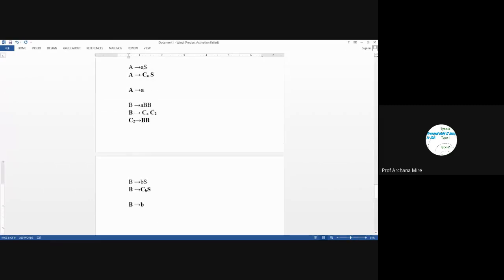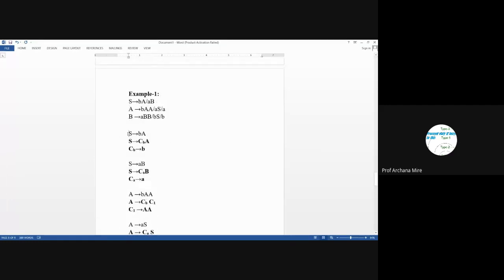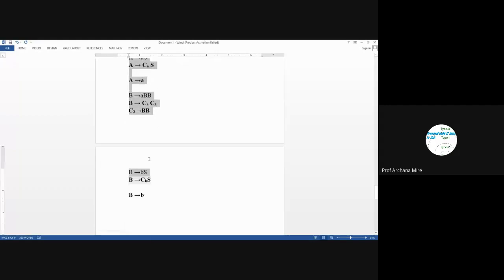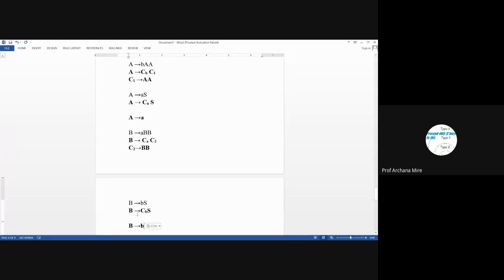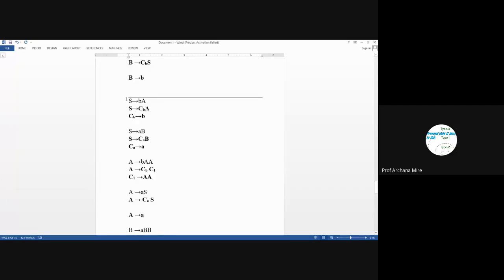So once again, let's write our final solution consisting of those production rules which are already in the CNF. I will insert one line here so that it will make it easy for us to decide which particular productions we need to remove.